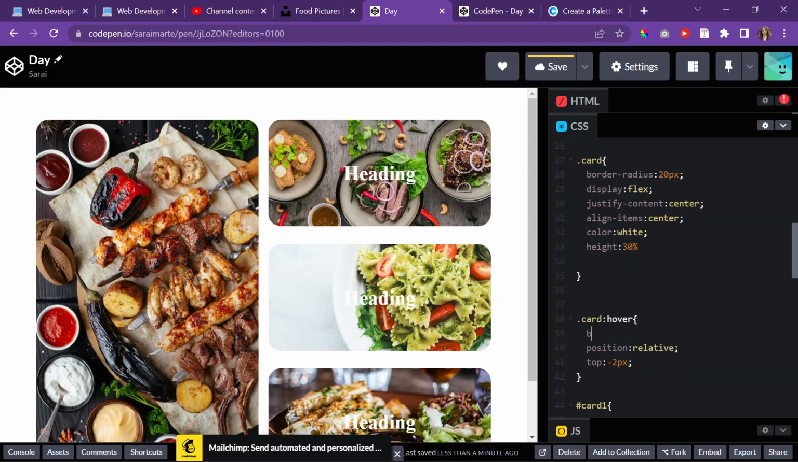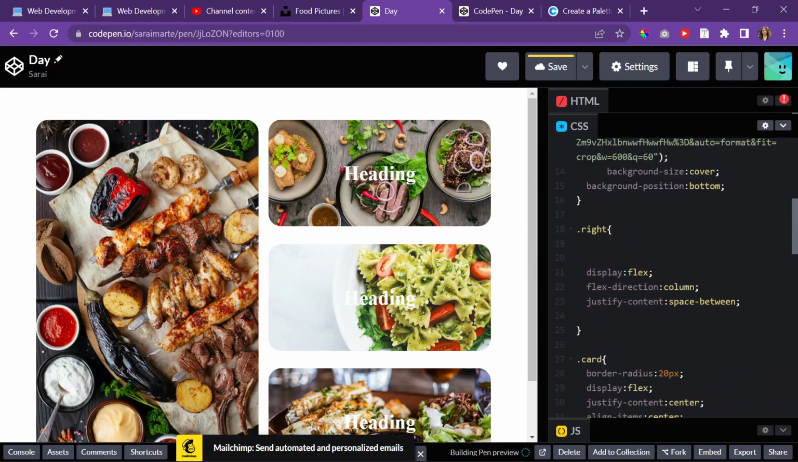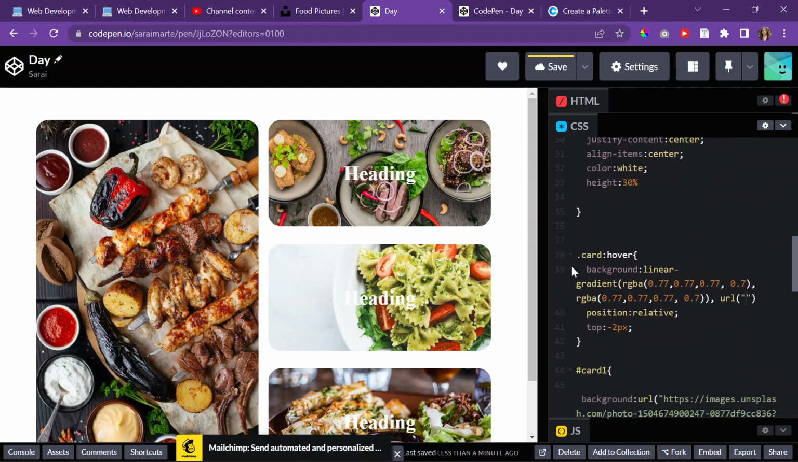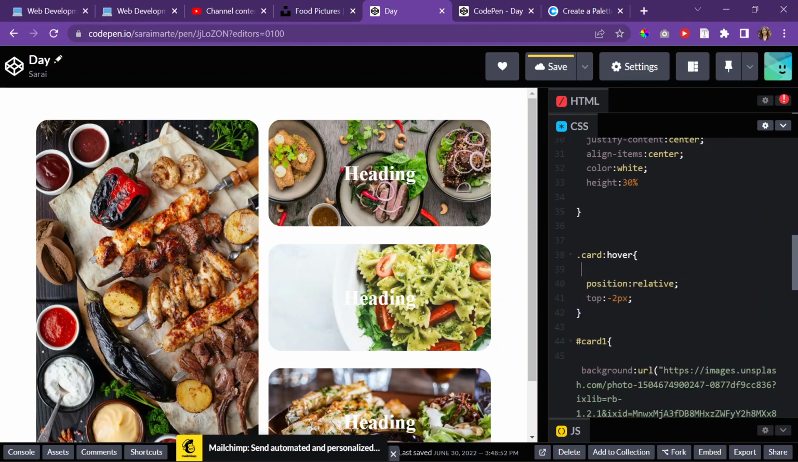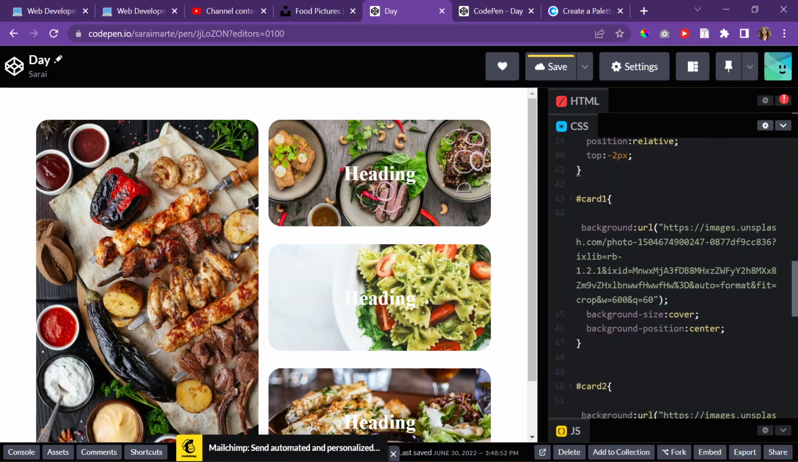Oh yeah, never mind. There needs to be a background: linear-gradient, RGBA 0.77, 0.77, 0.77, 0.7, and then copy that again, pasting that there, and then a comma, and then the URL for card. Well, essentially, hold on, let me just do this real quick. For card 1,